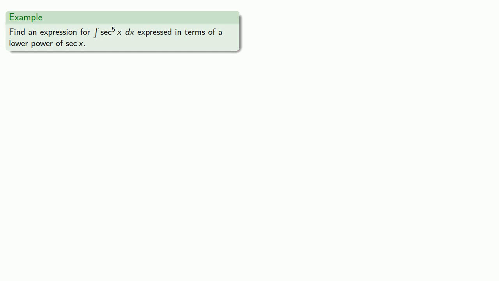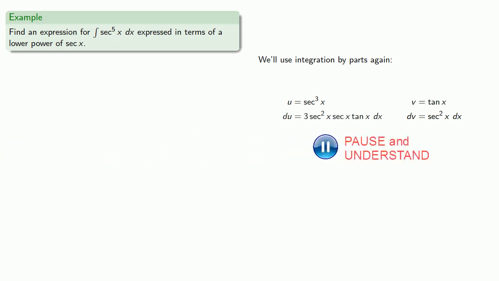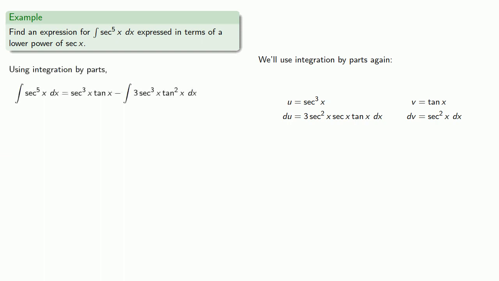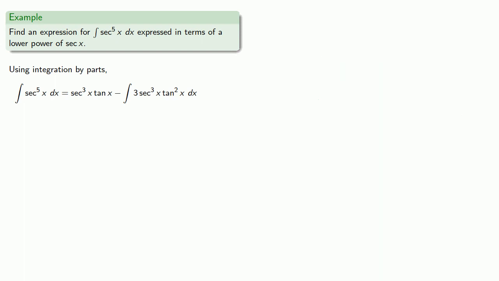So we'll use integration by parts again. And again, since we know what the antiderivative of secant squared x is, we'll go ahead and make that be our dv, which means u has to be the remaining factors of secant. So integrating and differentiating, applying integration by parts, so again, we have the square of tangent, and so we can rewrite this in terms of the square of secant. So replacing,